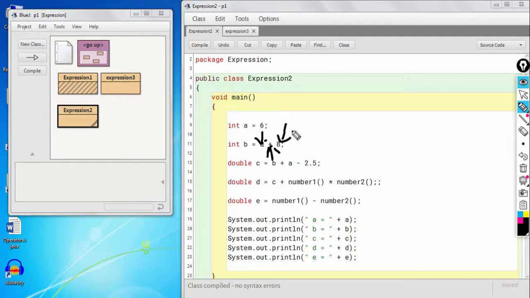Not only plus, any kind of arithmetic operator, or it could be relational operators as well, or any kind of operator. Okay, it gives you some value. If it gives you some value, that means it is an expression.